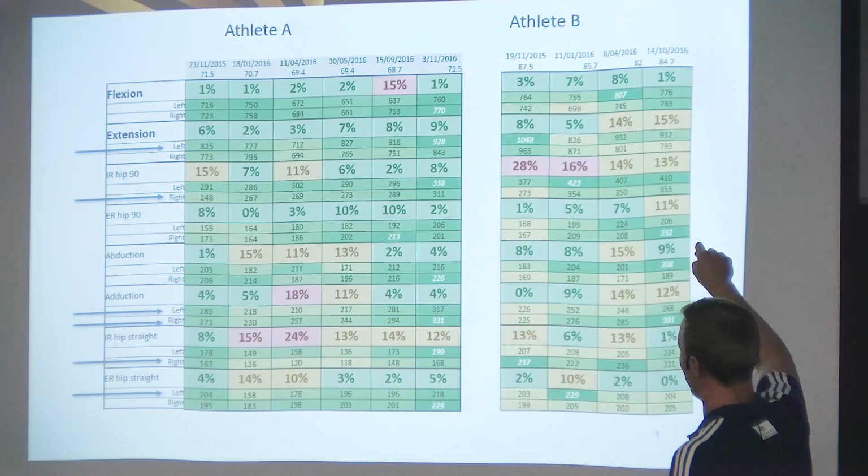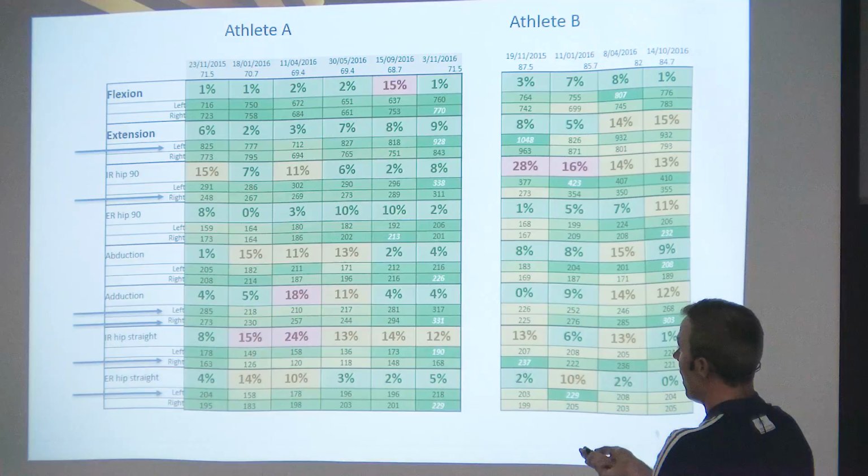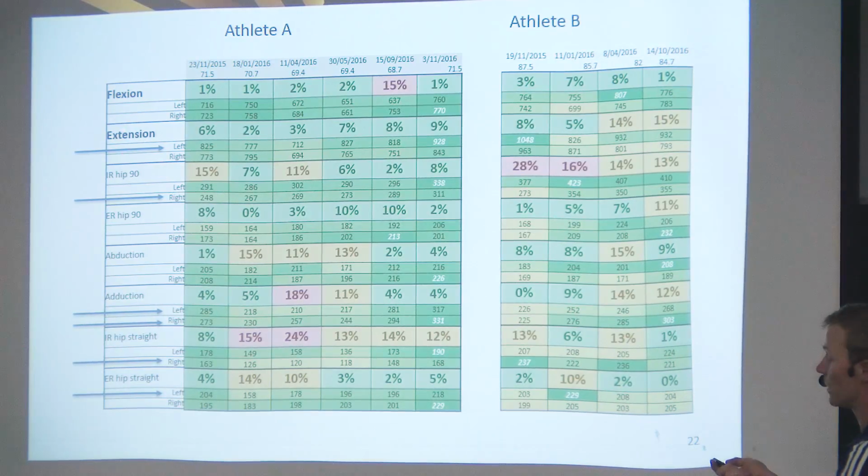At the top's their body weight and the date at which we did these tests. We've actually got these all the way back to 2014, but I thought I'd just show you a quick snapshot. So the movements with the blue arrows are the ones we see that we think are really important for javelin throwing. So left hip extension,